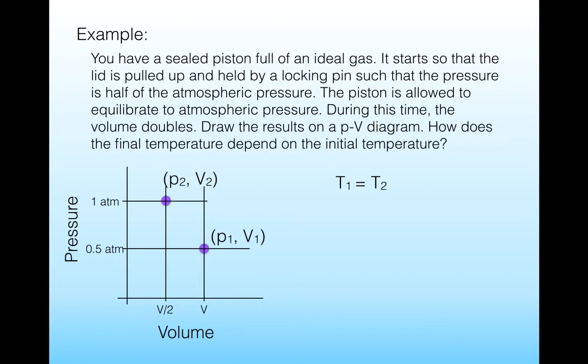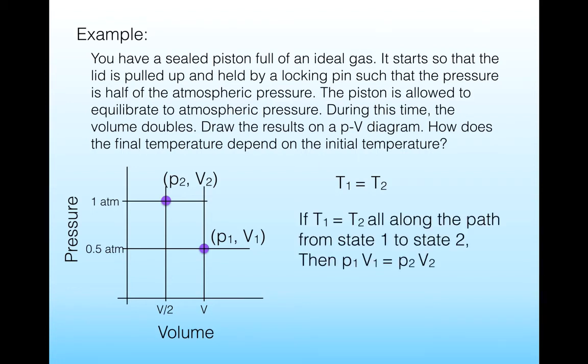Now there's a number of ways that we could get from the first state to the second state, but in the case of this, it actually has the impression that it's equilibrating slowly enough over time, which implies that the path from state 1 to state 2 is probably also at constant temperature the whole time. In particular, it implies that the piston is in thermal contact with a giant reservoir, perhaps just the air molecules outside, that it can exchange heat with while it's doing this process,